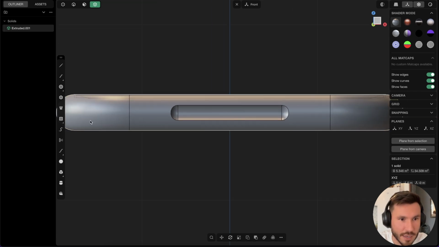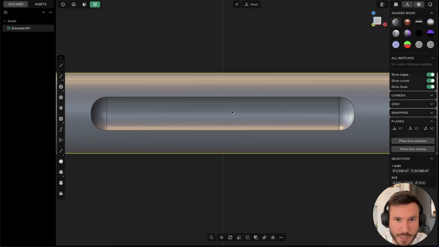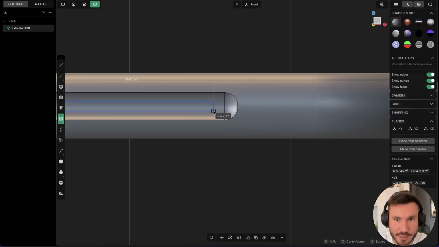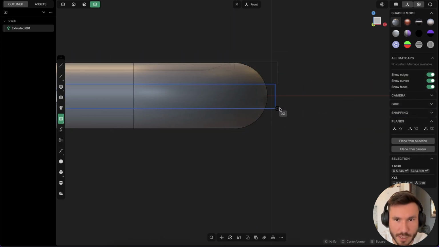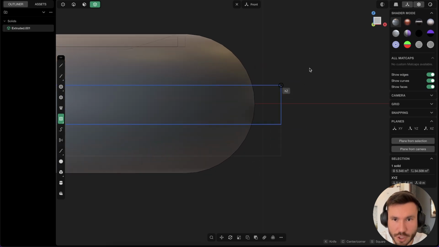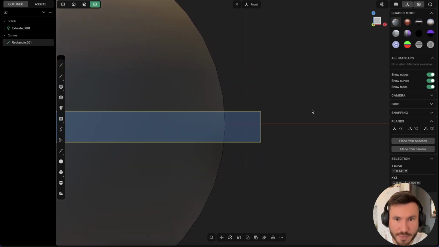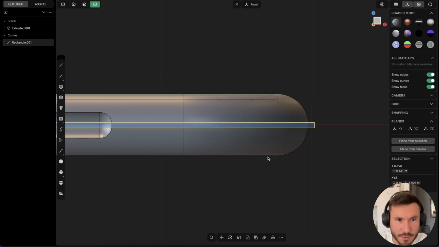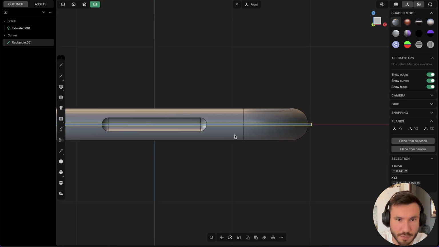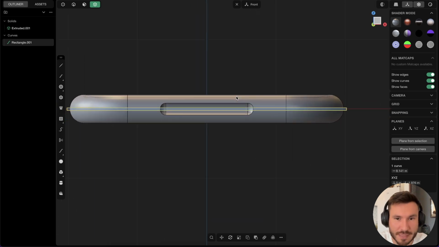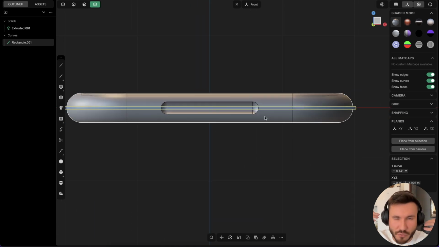So now let's create here our little cut. So for that, let's zoom in a little bit, and again a center rectangle, and just snap here to the center. And now while you are dragging that out, just zoom out and make it something like that, right? So this kind of thickness. Again, you can play around with it and all that kind of stuff. But now we want to cut through the whole body,